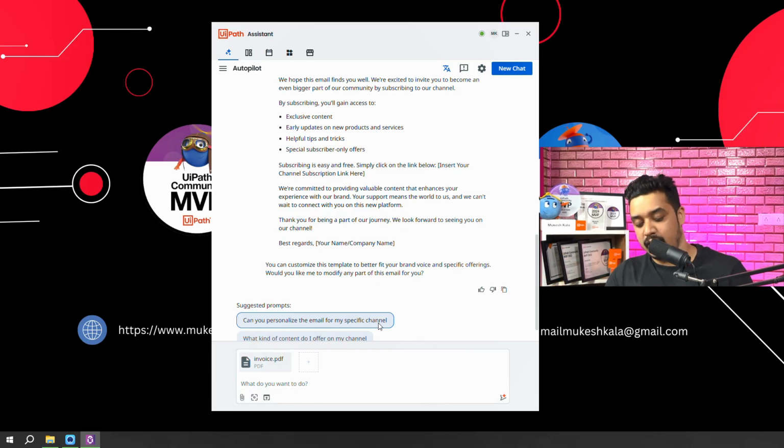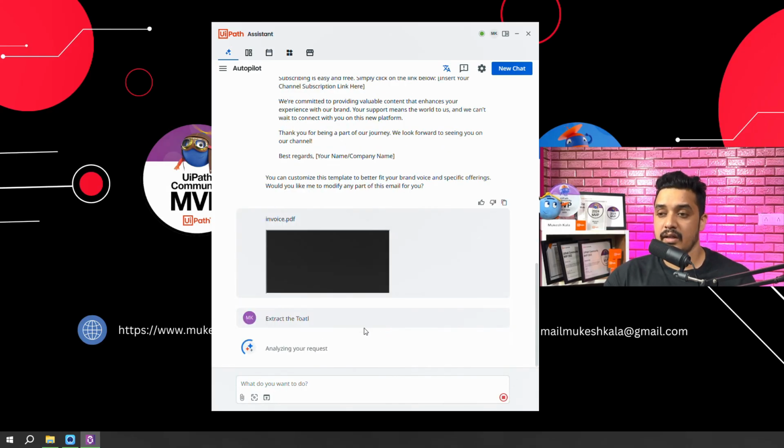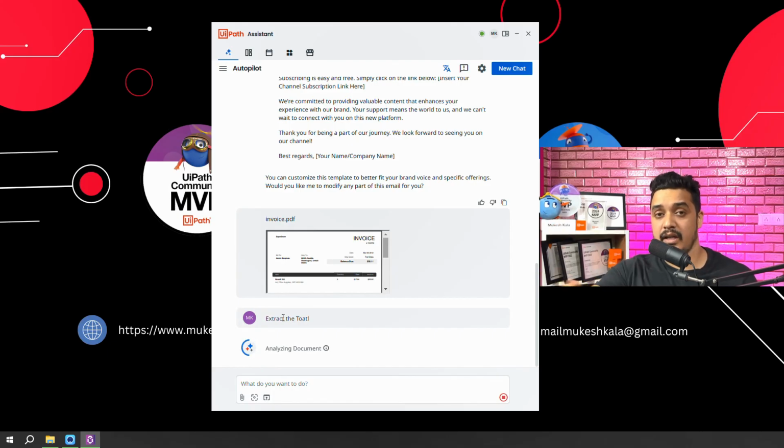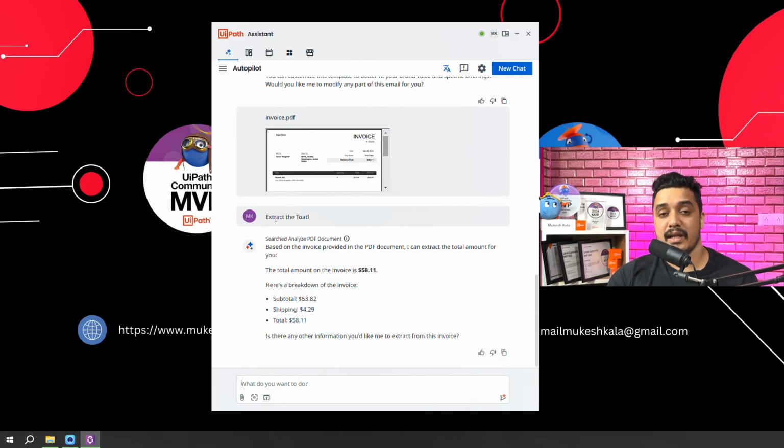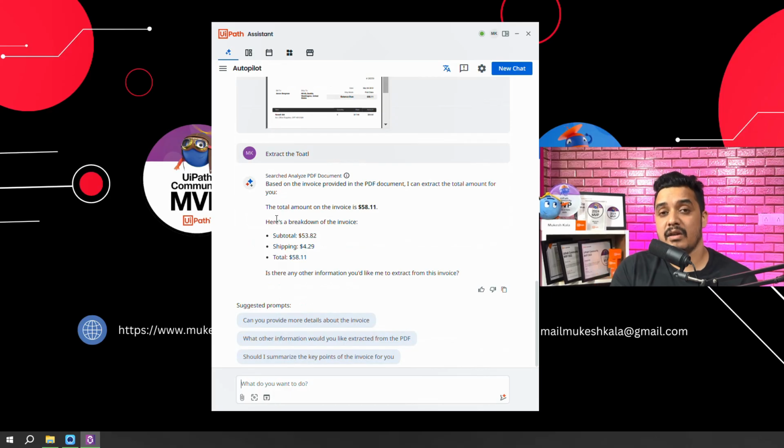So I am now giving it a goal to say that extract the total. Let's make a spelling mistake, right? There is no automation which I have written in the background to do this, right? If you are coming from a UiPath background, you would understand that when we have to do such kind of things, we need to use the PDF automation, we need to do some kind of document understanding, right? But here if you see, I have made a spelling mistake. Still it is able to understand my requirement, understand my context, and able to give me the information.